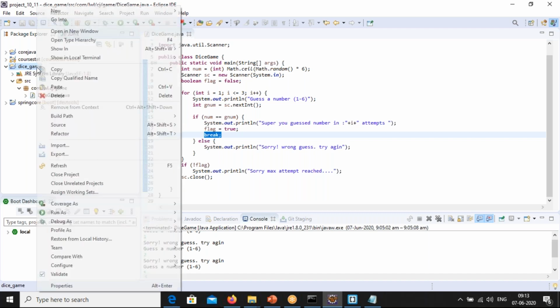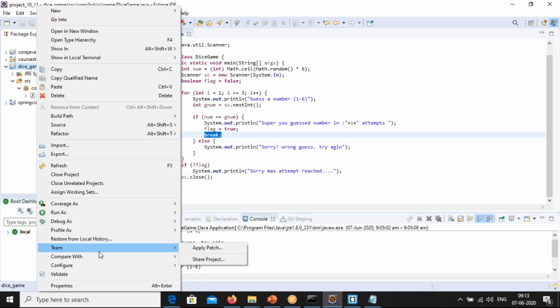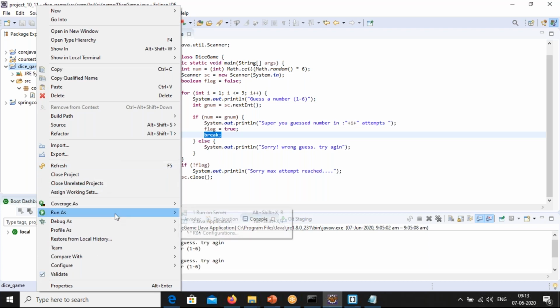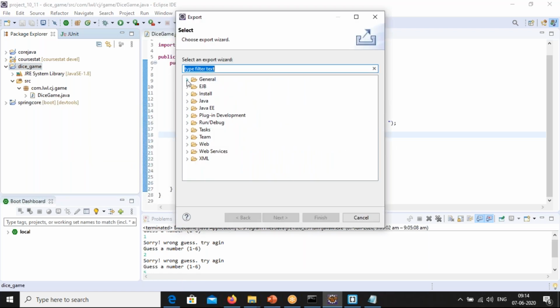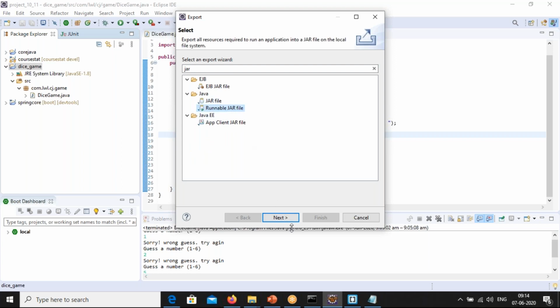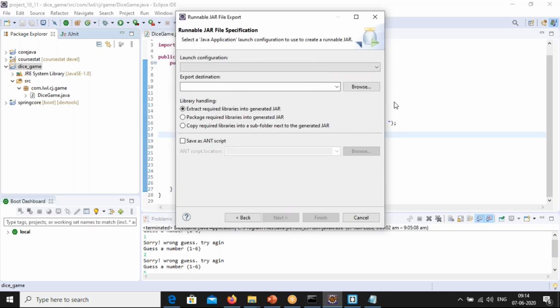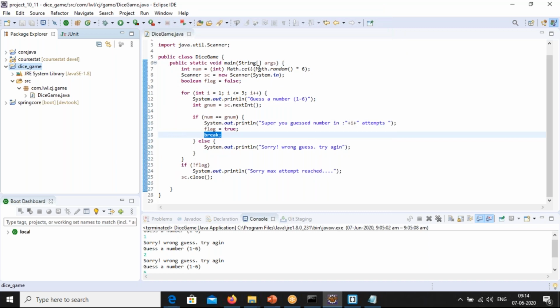Here you will get the Export option. Say jar, and choose what you want to convert: executable jar, runnable jar. Then you can generate the jar. Thank you.